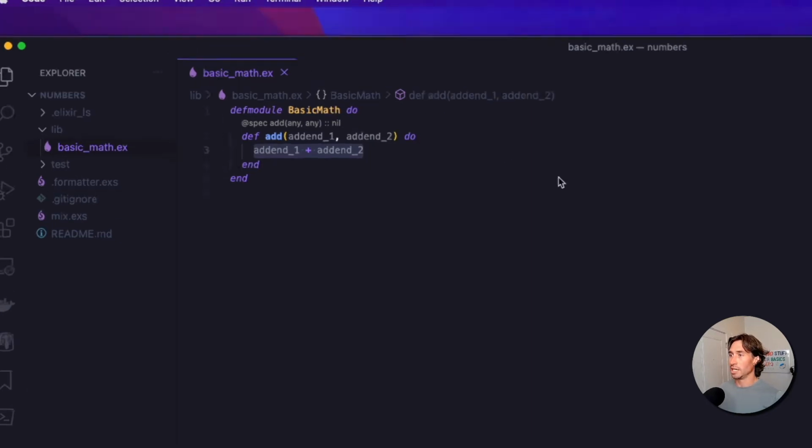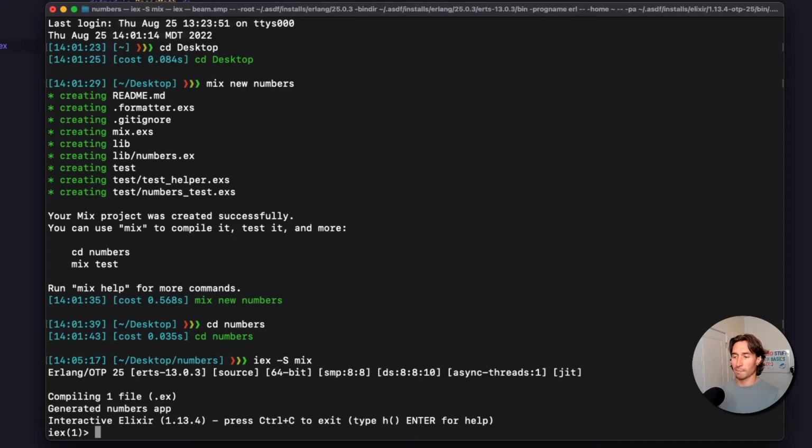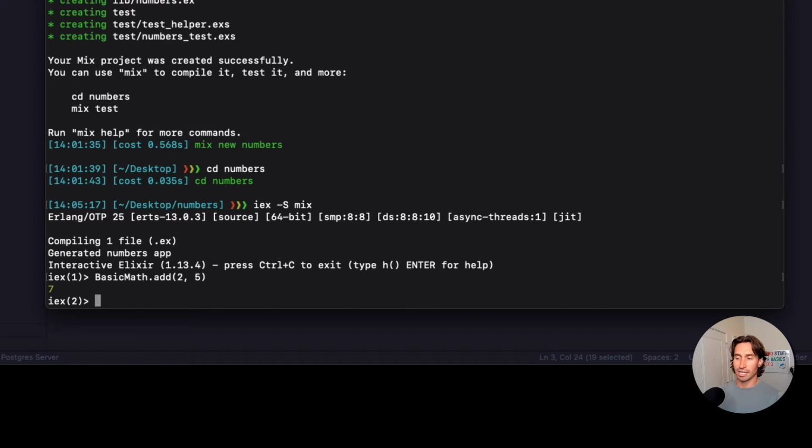which is pretty neat. So if we go to our terminal, and if you remember how to open the Elixir shell, it's iex space -S space mix, and that just compiles our project. And now we have access to our BasicMath module. So BasicMath.add. And we can just pass in two numbers. So open parentheses, let's go 2, comma, space 5, close parentheses, enter. So 2 plus 5 equals 7,